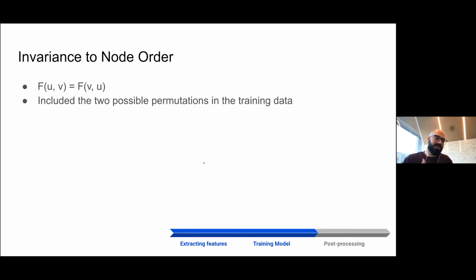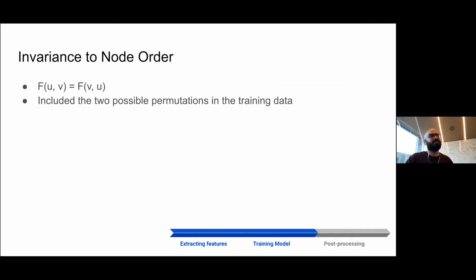The other thing that we did, and that actually boosted our performance, and without it I think we wouldn't have ended up in third place, was that we wanted our final predictive model to be invariant to the node order. You want the probability that you assign to an edge between U and V to be the same as the probability you assign to V and U, but it's not obvious how you can do that for a gradient boosting classifier, though it's a very good inductive bias to have.